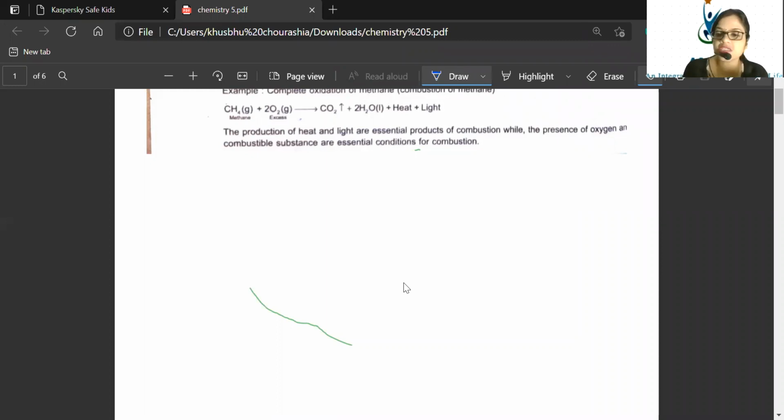Once a fire is there, if you cover the fire with a blanket, then the oxygen supply gets cut. Next important point: some people put water also, but we cannot put water every time. If a fire is due to a cable connection or any electrical appliance, then if you put water, you will get electrocuted.